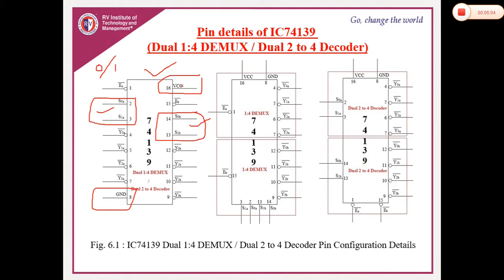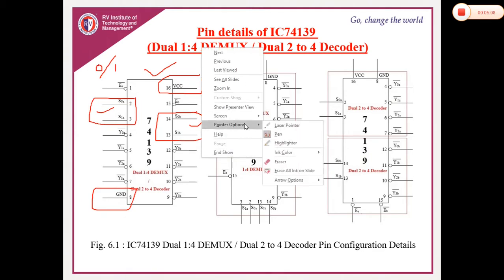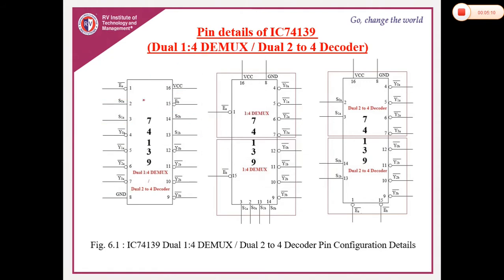Except that, all other pins are active low pins. That is one more important point. Now, I already told you this IC has two purposes. This IC 74139 can be used for dual purpose. One is it acts as a dual 1:4 demultiplexer IC. Why the name dual? Dual means it has two 1:4 demultiplexers within a single IC. So that is one application of this IC.